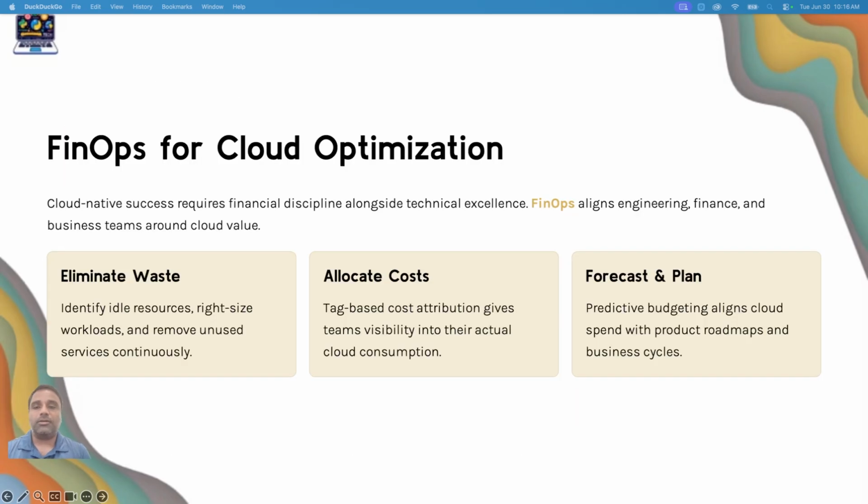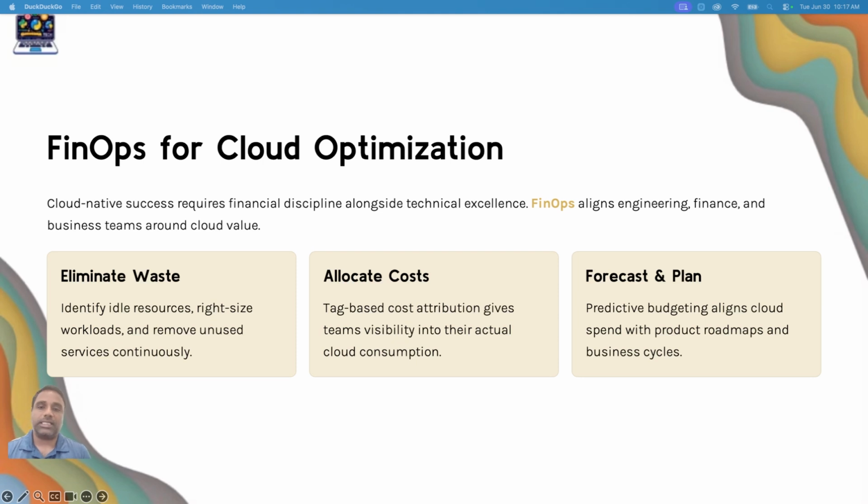Cost is an important element to look at in this cloud modernization journey, because FinOps is a critical piece that businesses care about as they try to adopt cloud native architectures. Cloud native success requires this key element of financial discipline alongside technical excellence. FinOps brings engineering, finance, and business teams together around cloud value. This eliminates the wastage of resources, like identifying idle resources, right-sizing workloads, and removing unused services, and continuously,